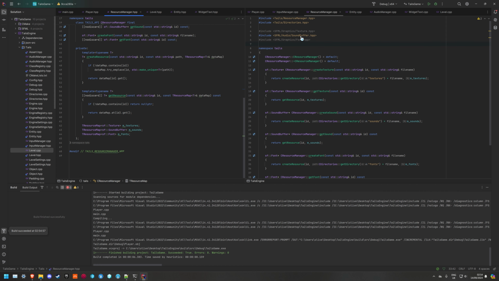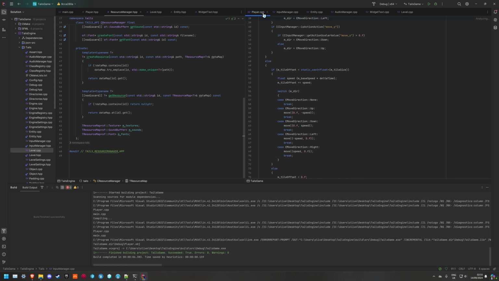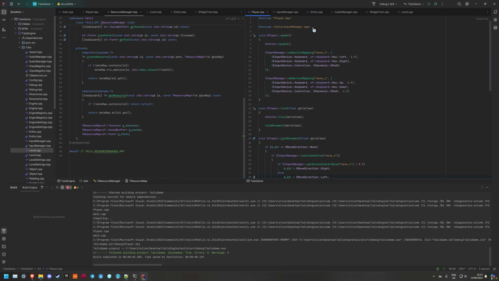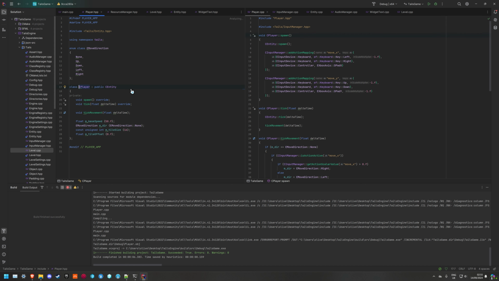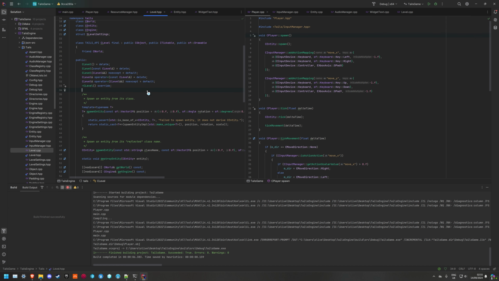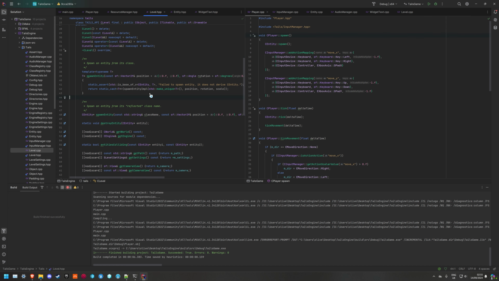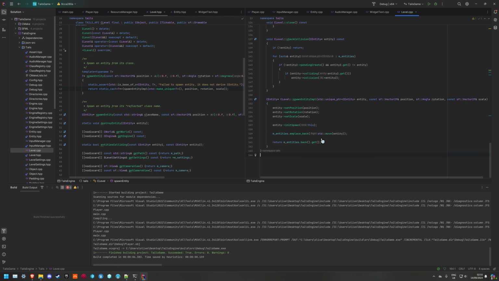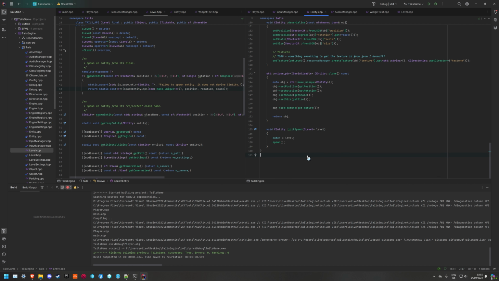Nice. So we have a thing. It seems to be working just fine. If I go to our player and I try to do a thing, we don't need to include the resource manager because it's all well and good. The player, well, actually in the level I want to do something as well where this is calling spawn entity implementation. Before I do init spawn, well, actually in init spawn does that, but before that, or